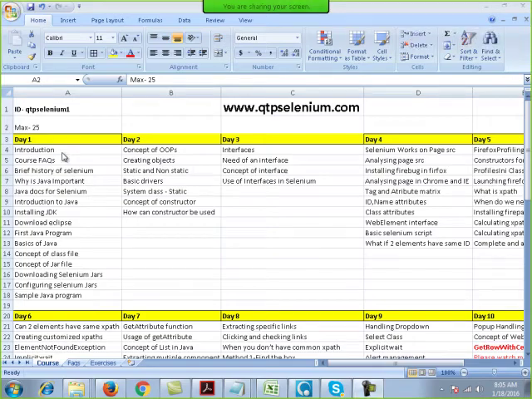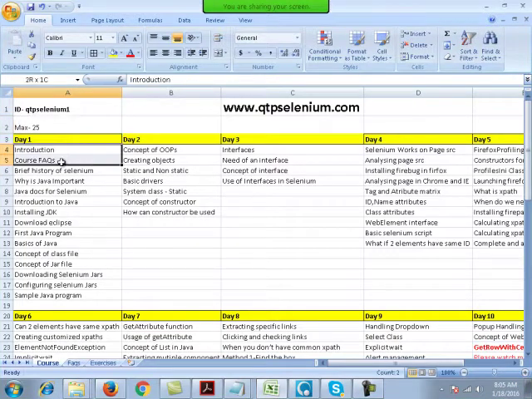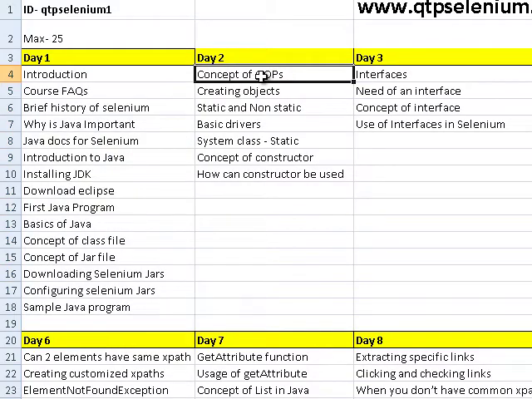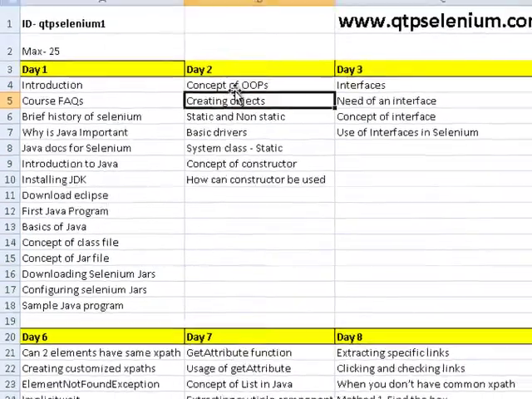Fine. So, welcome to the first day. This first day will just be an introduction. We'll see what Java and Selenium basically are, and we'll configure Selenium on our systems. This is what we are going to do on the first day, and we'll study some of the OOPS concepts if time permits.